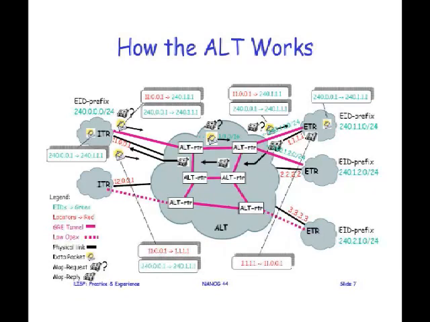So it's looking it up, and the way it's doing it is it sends a map request to the other side. So the packet looks like this: the outer header has 11.001 in it, and the destination is 240.111. Now, the interesting thing is you send this packet on the ALT, and the ALT itself is carrying the EID prefixes. So basically it routes the packet just like BGP does to the one advertising it. Well, who's advertising it? It's the ETR on the other side.